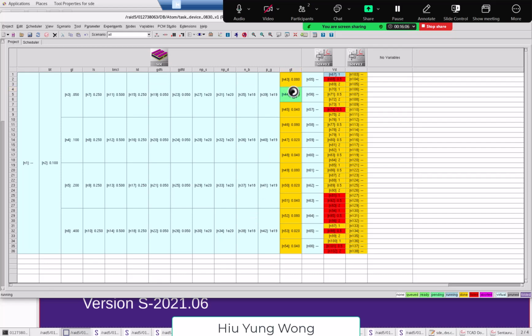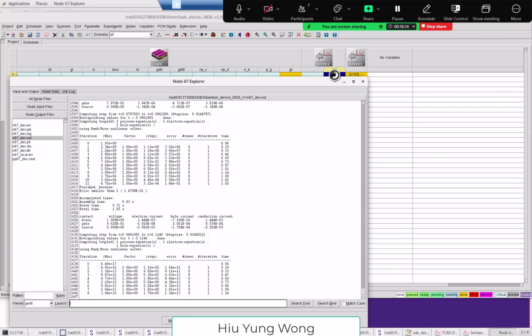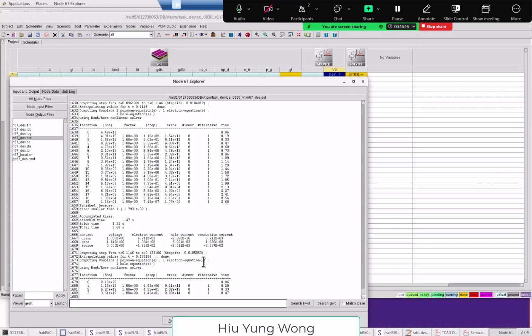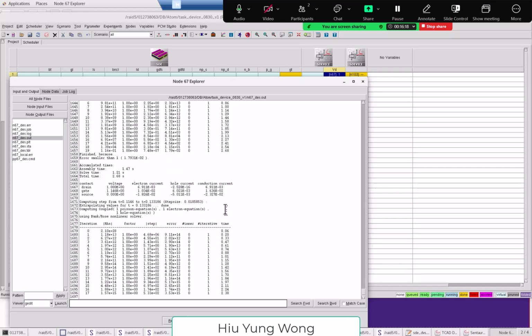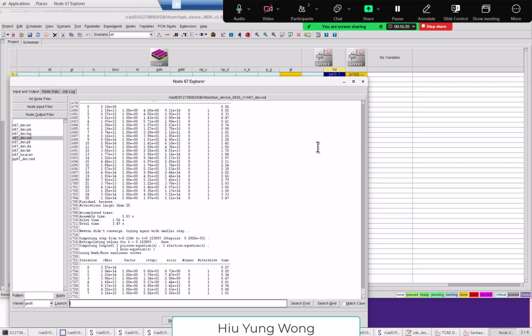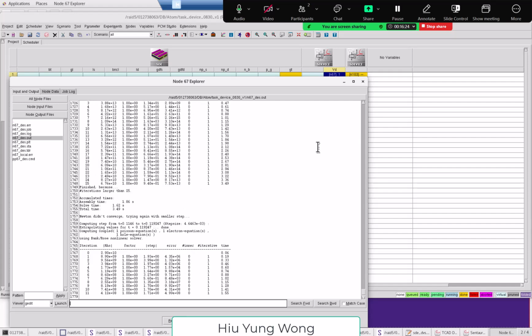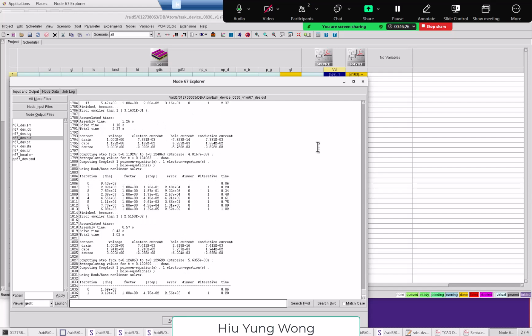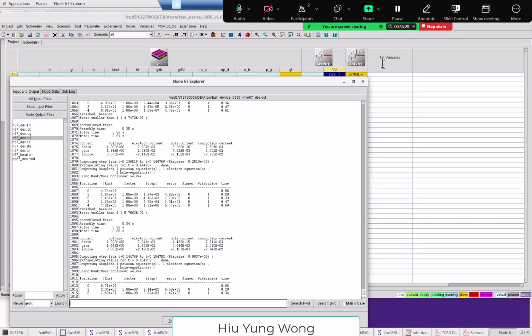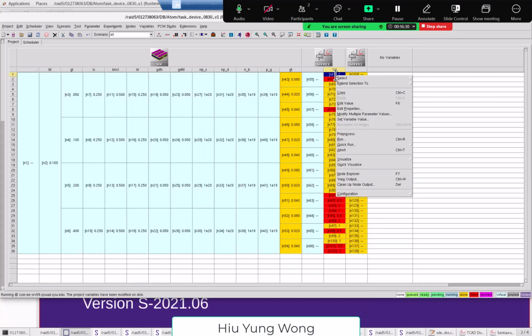Otherwise, if you have 1,000 jobs, you're going to click 1,000 times, right? So this one just closes by itself. So, okay. Now this is running with not good convergence because we have a coarse mesh, so maybe coarse mesh is actually making it slower. But anyway, you see that it's ramping up, right? So now if I try to open it,